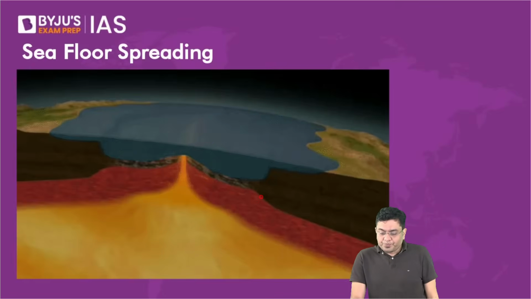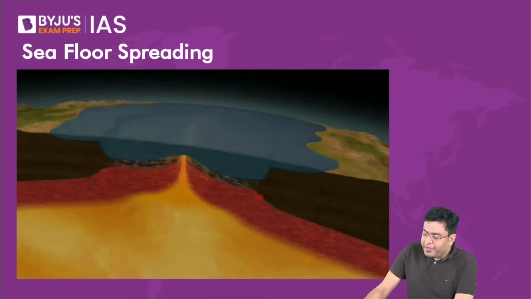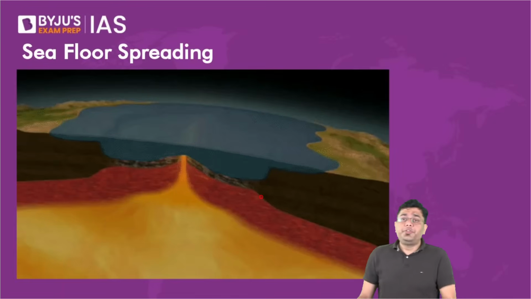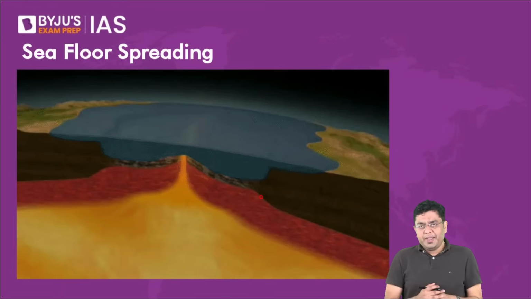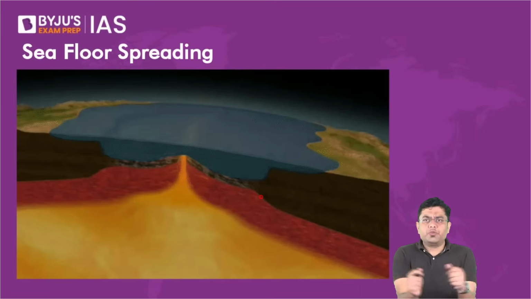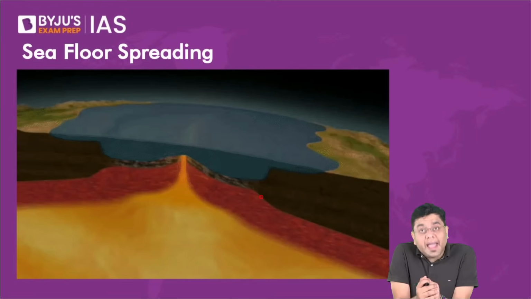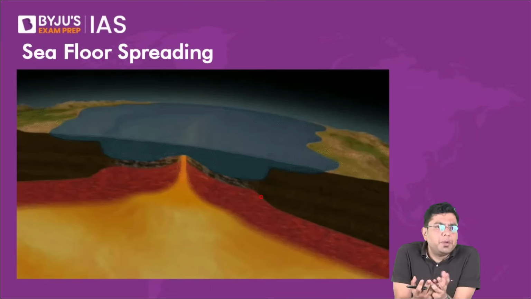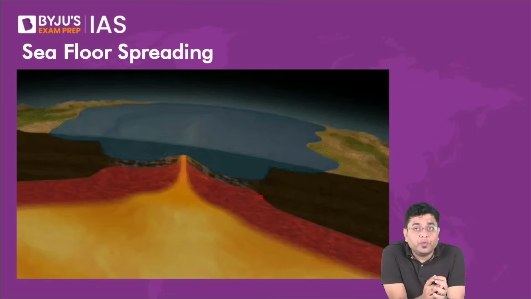Now, after this, we come to the portion of seafloor spreading, the seafloor spreading theory. Now, what is this theory about? Basically, this theory was postulated after the Second World War by Harry Hess. Just to give you a brief anecdote and background story about how this theory came into existence, it is basically because of the events which happened during the Second World War.